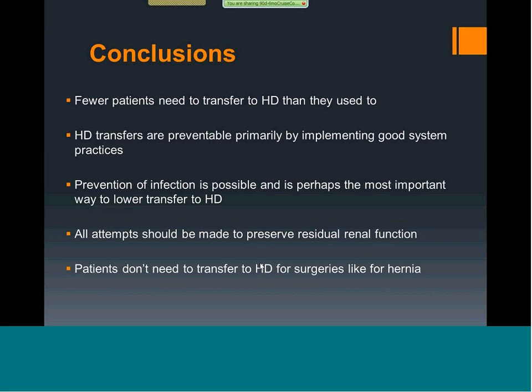There are circumstances in which backup hemo is necessary, whether it is that the patient comes in with severe hyperkalemia or has peritonitis that requires a PD catheter removal. But getting back to your question, I think constant support and encouragement is what is critical for the patient while they're in backup hemo, because that generates a lot of anxiety and may lead to rash decision-making by the patient at that time.